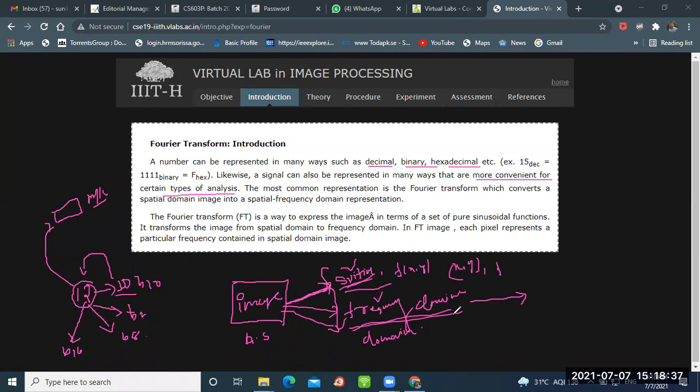The signals represented in a frequency domain are very convenient for analysis. The most common representation is the Fourier transformation, which converts spatial domain to frequency domain representation. Basically, FT is most commonly used to convert your spatial domain to the frequency domain. And the Fourier transformation is a way of expressing the image in terms of